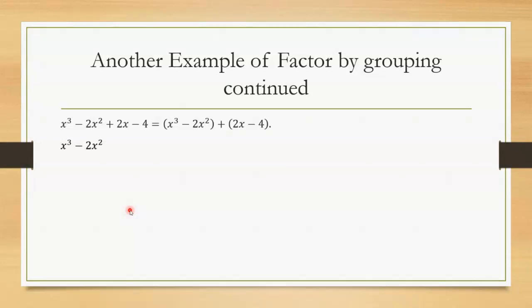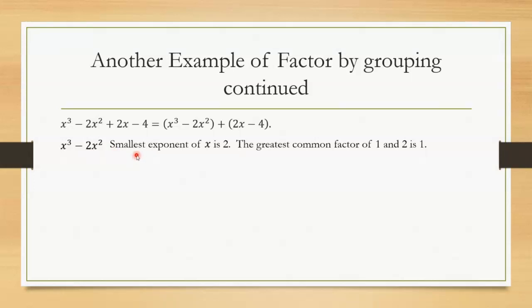For the first group, we have x cubed minus 2x squared. We factor each of those groups individually, taking out common factors. So here, hopefully you can see that the GCF is just going to be x squared,